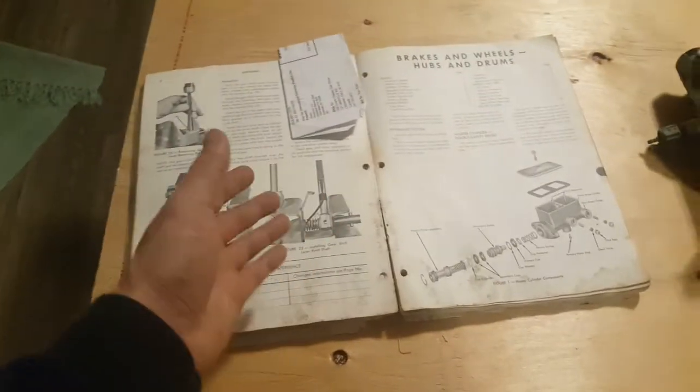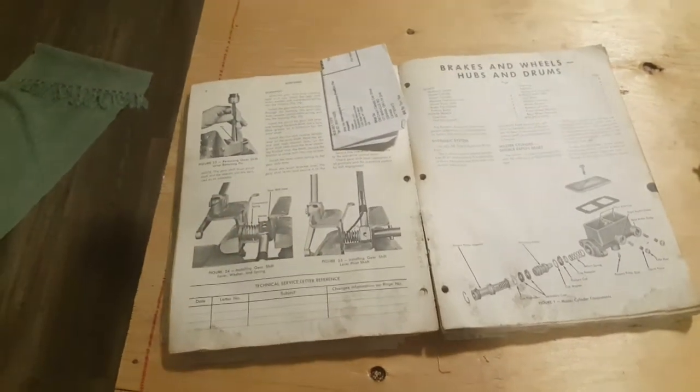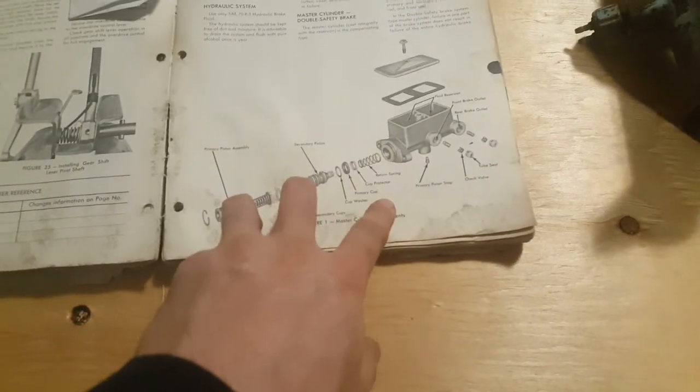I actually have a GM generator on my Rambler. As long as it outputs the right voltage, that's what matters. The mounting bracket might be different, but you can easily make one, or most of them interchange anyways. So I suspect that that's the same thing with these brakes. But anyways, maybe the manual, maybe this was a different model that came factory. So from what I understand,